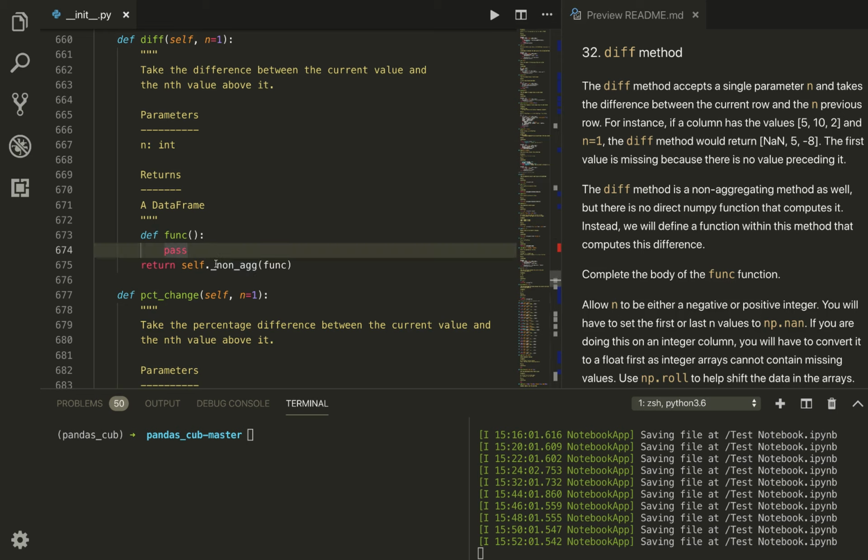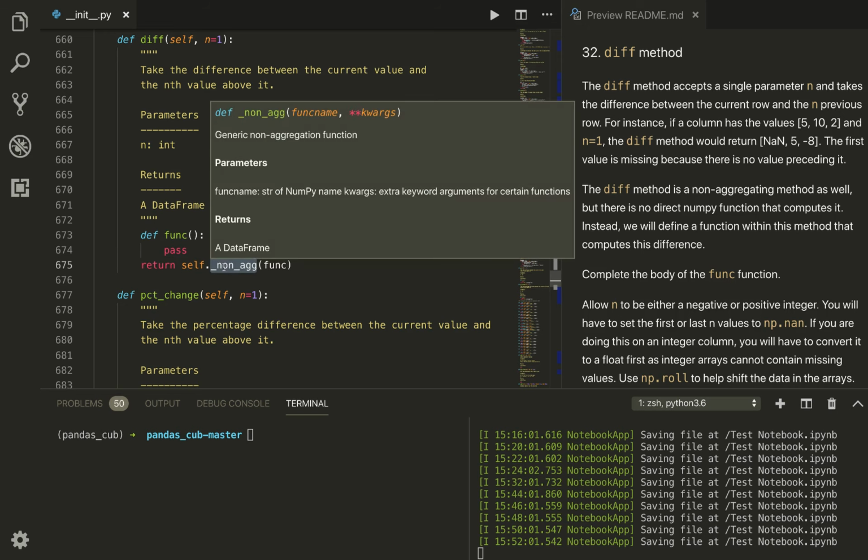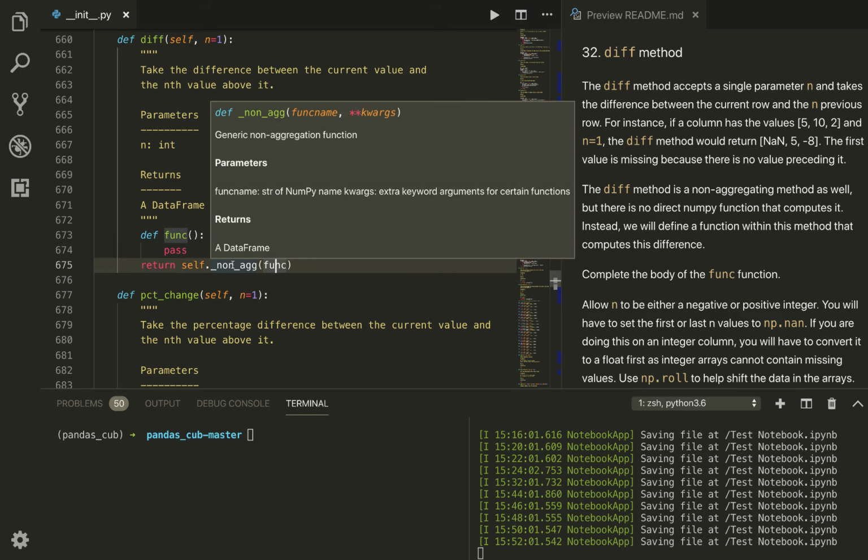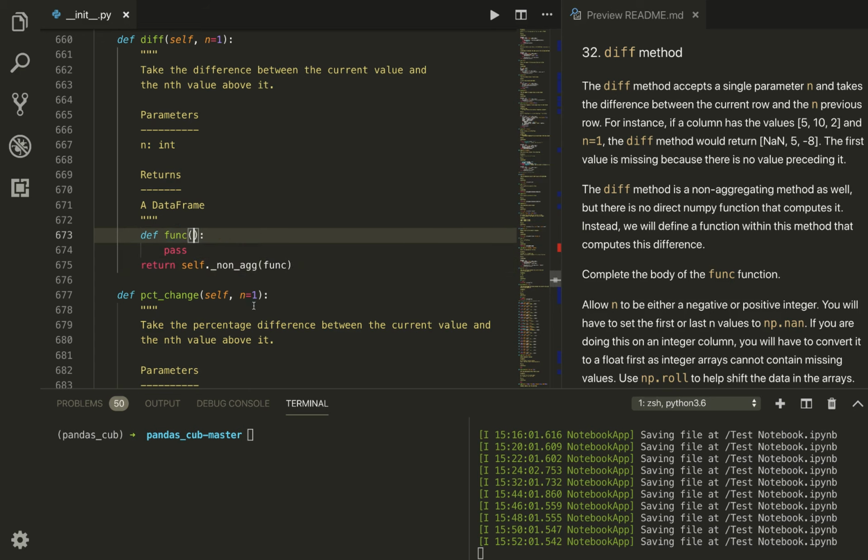Diff is a non-aggregating method, but there's no diff function in NumPy, which is why we're going to create our own, and then we're going to simply pass that function into non-ag. Okay, so this will take, let's say, some variable called values, which will just be a